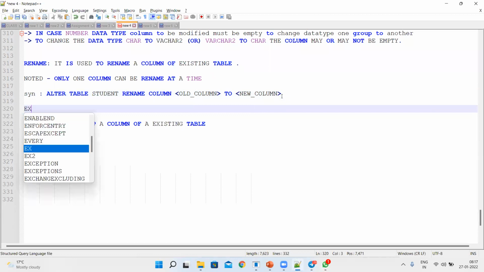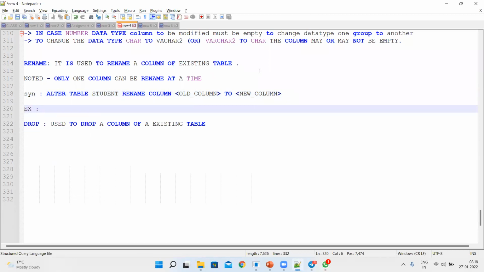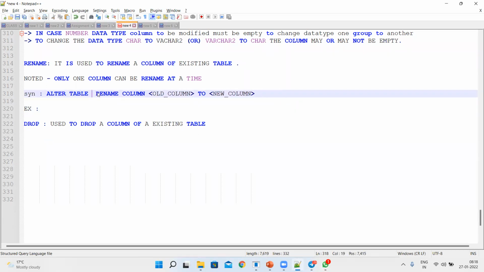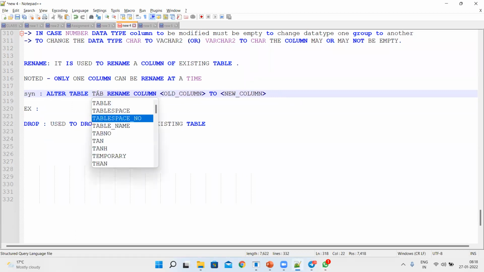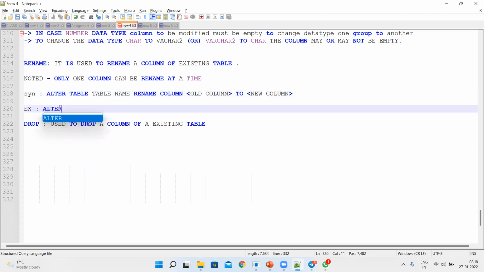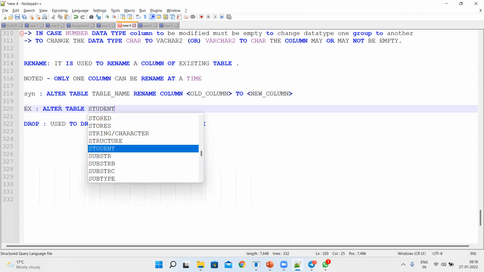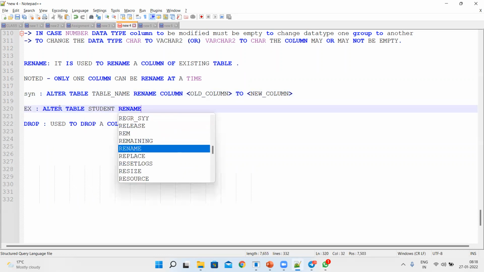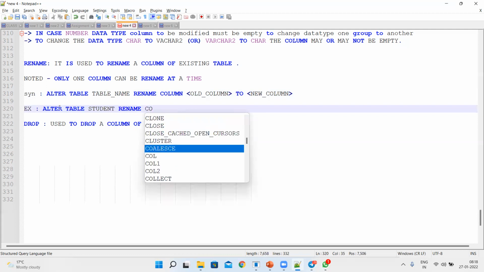Let us take an example. Alter table, the table name is student, and rename is a command or keyword.